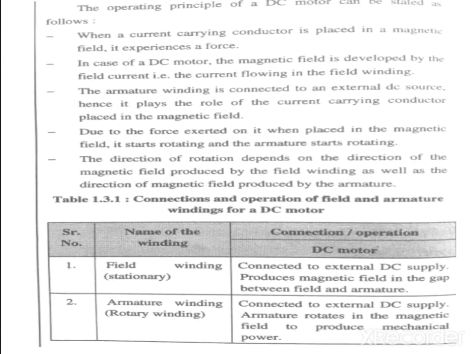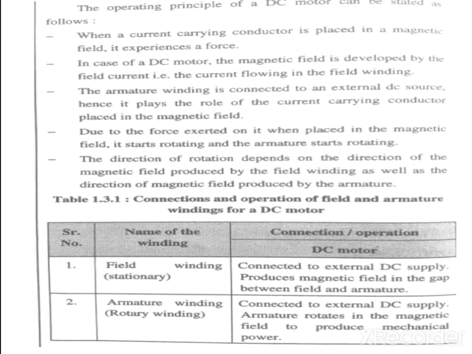The operating principle of a DC motor can be defined as: whenever a current carrying conductor is placed in a magnetic field, it experiences a force. From this definition, in a DC motor, the current carrying conductors are armature conductors which are rotating in nature, and the stationary conductors, which are field windings, are able to create the magnetic flux so that the force will be created at the output of the motor.